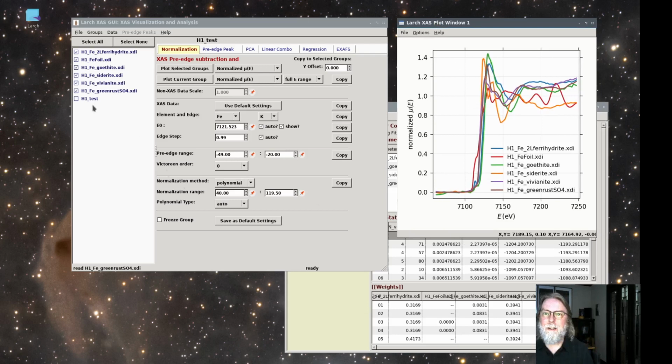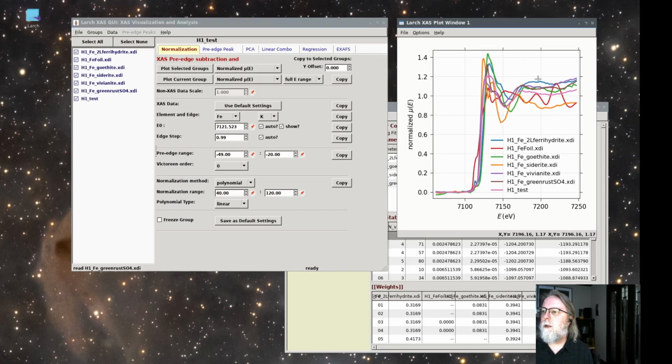In fact, I just took the sort of default values. So let's select all of these, and you can see that especially at the high end, the pre-edge looks fine. I'll just leave that alone. But what I would really like to do is to say, let's normalize for such short data range. Let's make sure that we're going all the way out. So 120 volts above the edge in general, but 40 volts is far too close, and there's all these oscillations